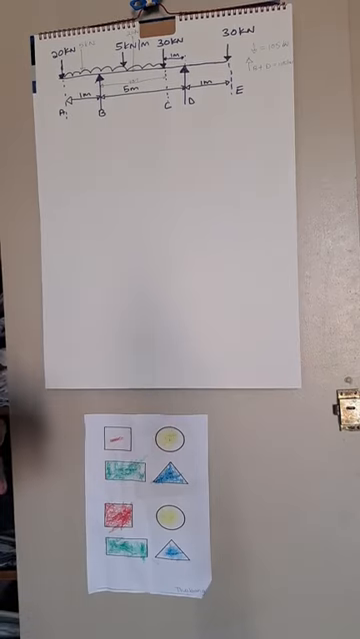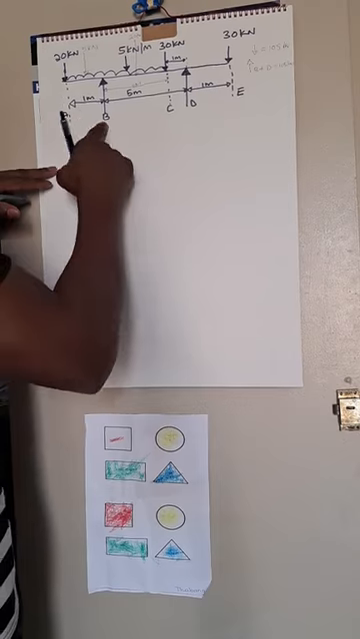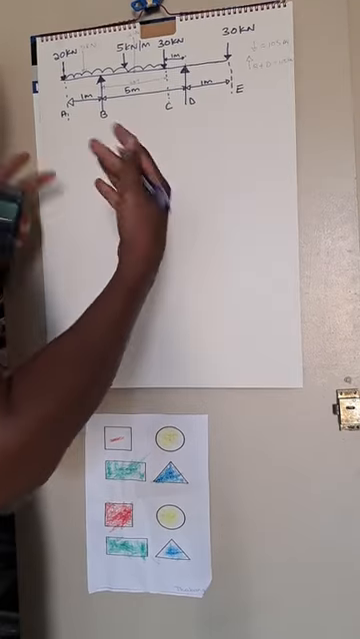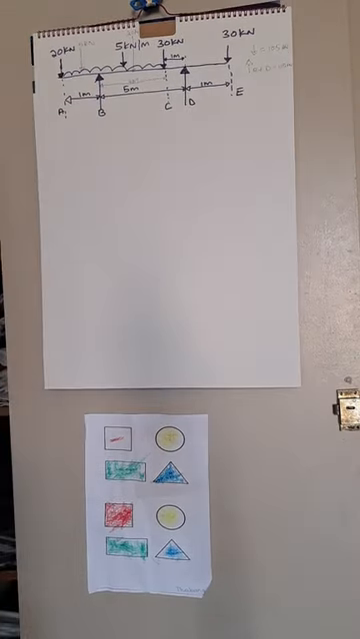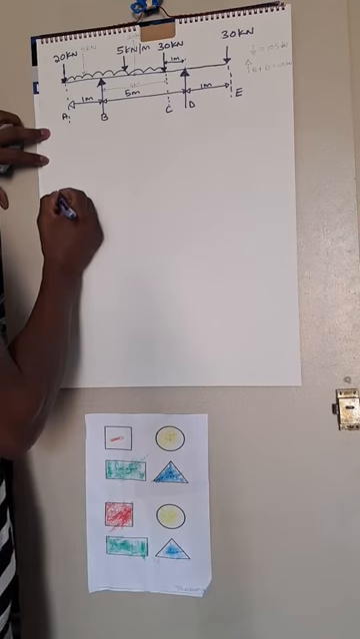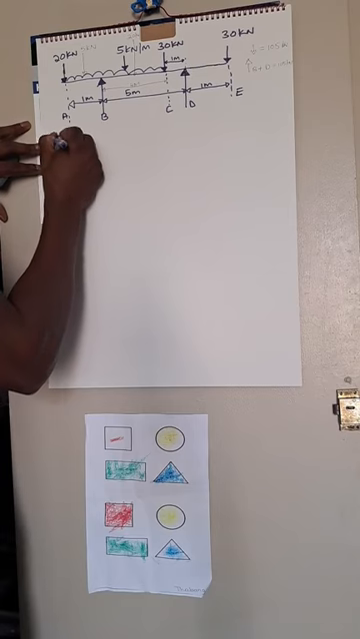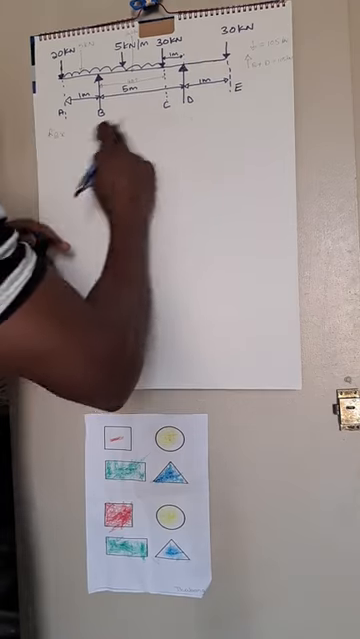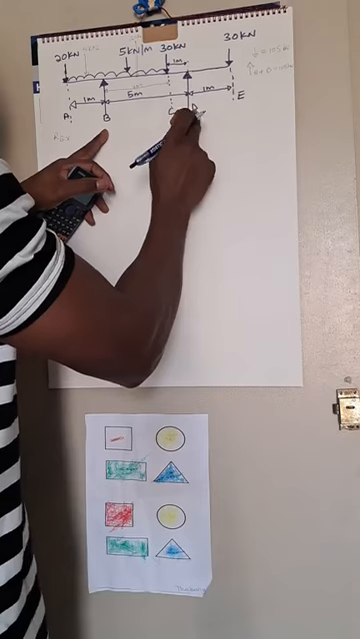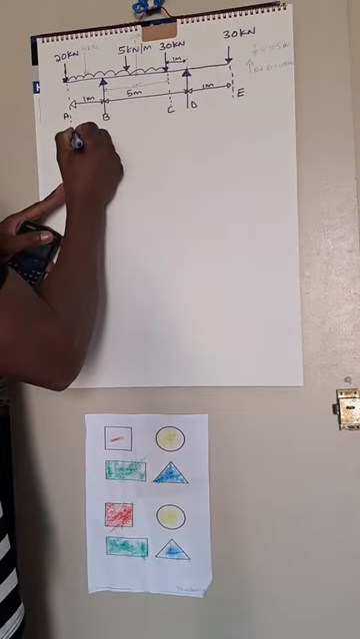Now, the first question here says, calculate the reactions at the supports. Our beam is supported at B and D. So let's calculate the reactions at the support. To calculate our reactions at the support, we are going to say reaction at B times the distance between B and D. The distance between B and D is